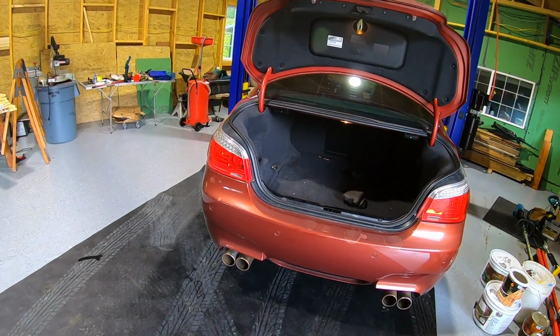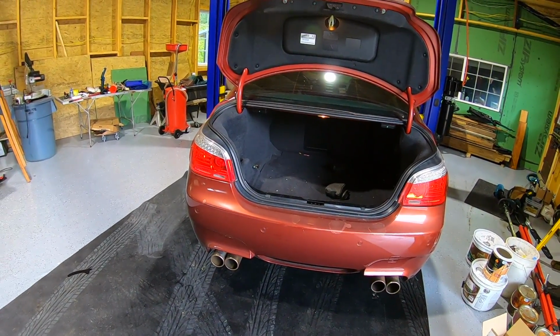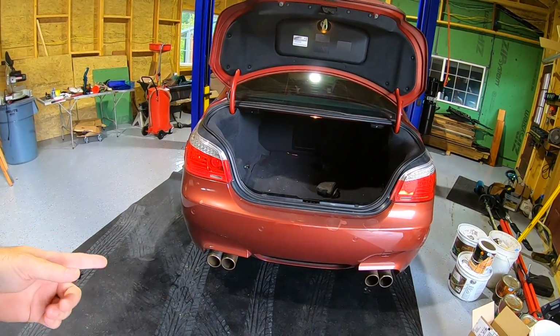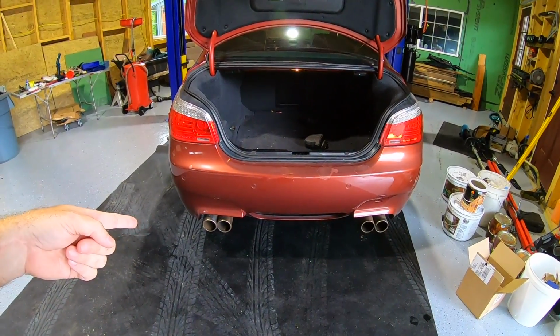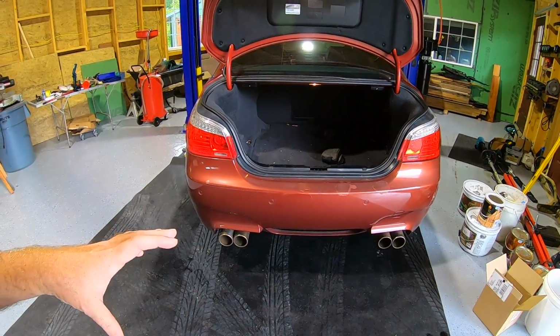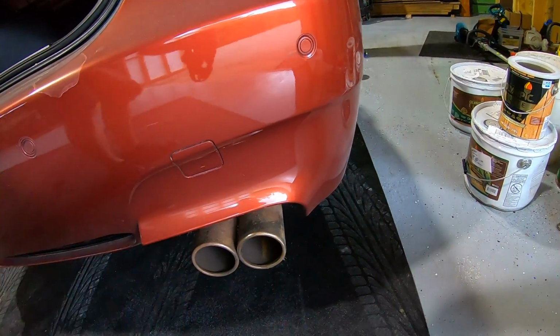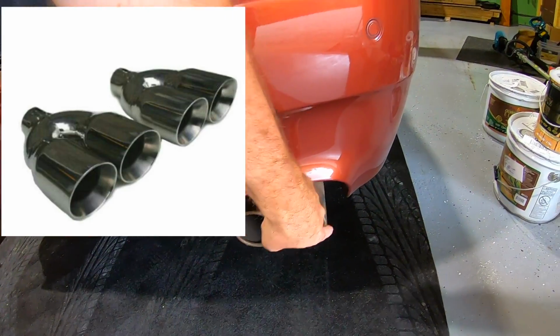They should be here within a few days. Monday probably. What's today, Tuesday or Wednesday? I don't even know. Wednesday. So I got 3.5-inch tips, which is what those are. But I got the ones that, instead of just a rolled edge, like these are so tarnished and nasty and rusty, I don't think they're ever gonna come out of it. So instead of just a rolled edge, it has like a little fatter lip on it